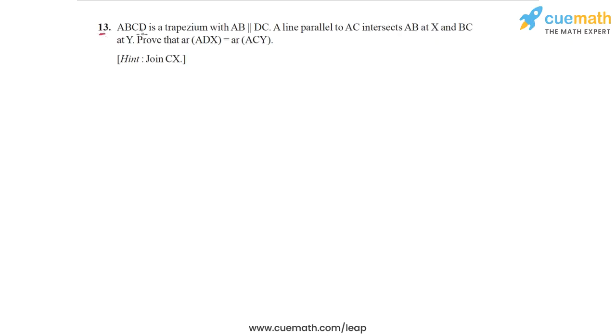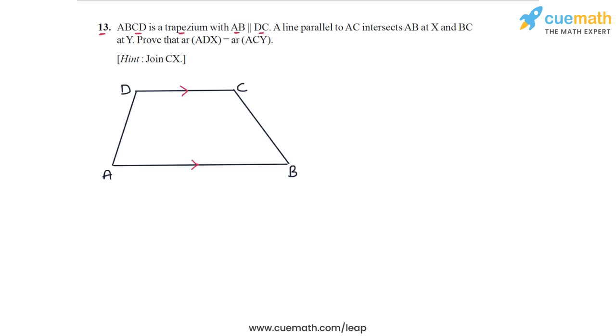Question 13 says that ABCD is a trapezium with AB parallel to DC. So here's a trapezium I've drawn with AB parallel to DC. A line parallel to AC intersects AB at X and BC at Y. So we draw the diagonal AC, and then we draw a line parallel to AC which intersects AB at X